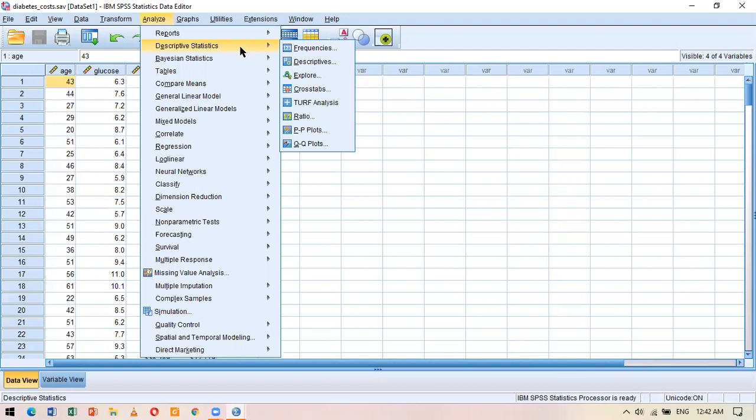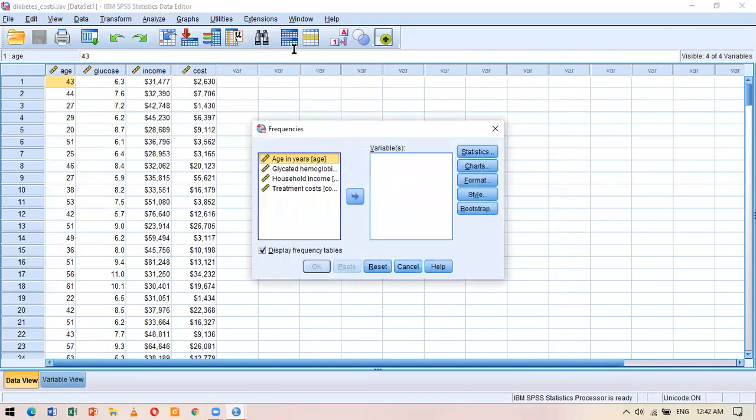So I will click on descriptive statistics and then I will click on frequencies. By frequency, we try to draw some kind of analysis from where we can know the number of times a particular item has shown up in the data. So for example, if I just click on age in here, just carefully look at this dialog box, you